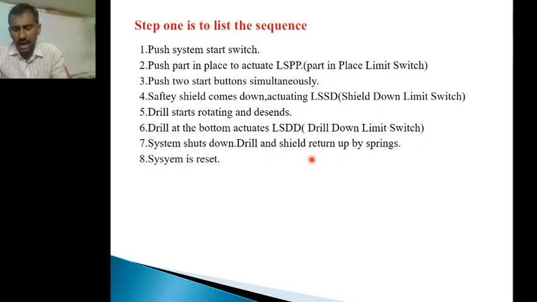So after completing these 3 tasks, activating LSPP, limit switch part in place, and turning on the right start button and left start button, the driller which is at the top position will move in the downward direction,